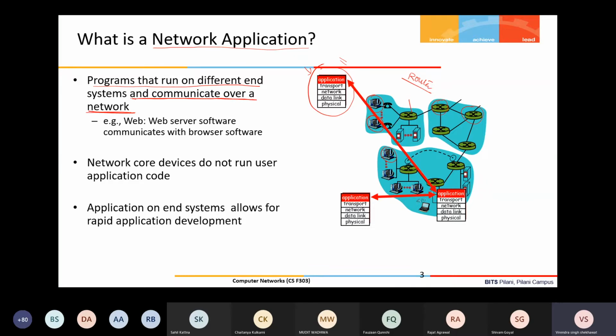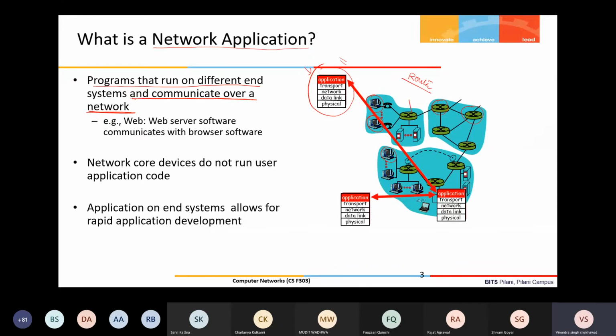They are just facilitating the transportation of the messages or the packets which are going from one side to another side, right? And this is the beauty of the internet architecture: for developing applications, an application developer doesn't have to worry about how the application is going to run on device X or Y, or on the intermediate devices. The entire code we write at an end host only, and this is the reason why tens of thousands of applications have been created since the internet came into the picture, and day by day we are creating so many applications, right?